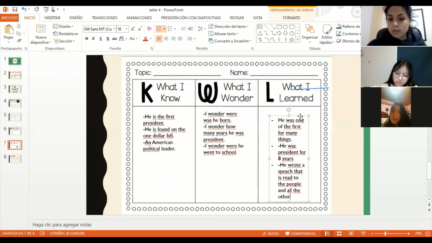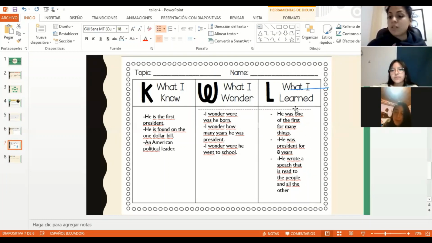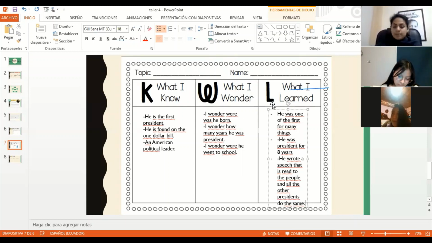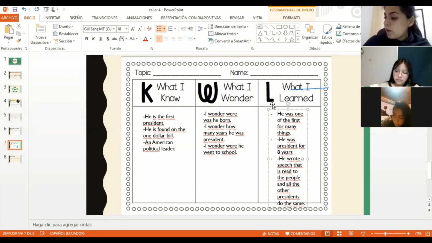Write your own ideas, what you guys learned. This is what I learned. So he wrote a speech that is read to the people, and all the other presidents do the same. So this is what I learned, okay, guys, from the reading. So you guys are gonna take a picture of that and then send it to me, okay? And then we have